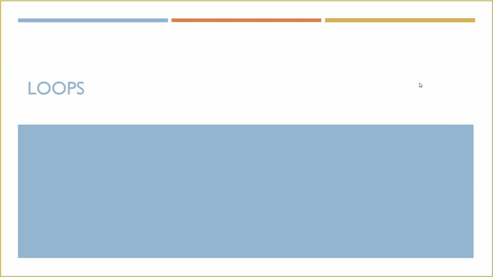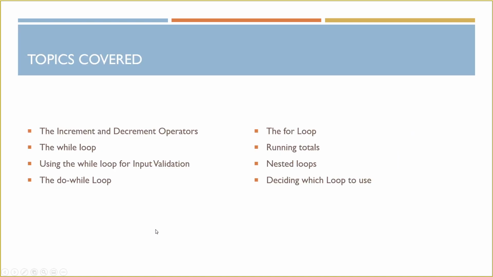Alright, so in this video we're going to talk about loops. Some of the topics we're going to cover in this video, we're going to discuss incrementing and decrementing, and Java actually has increment and decrement operators. We'll discuss that. We're going to discuss the three main types of loops in Java, which is the while loop,